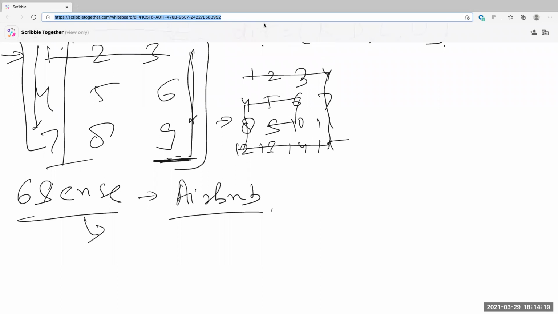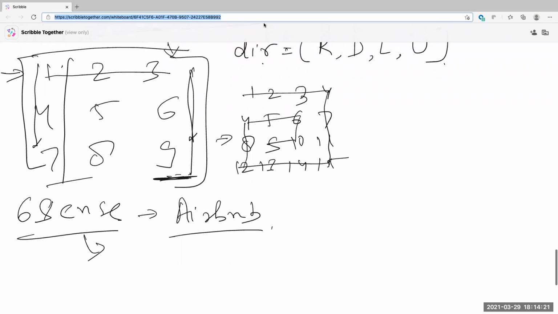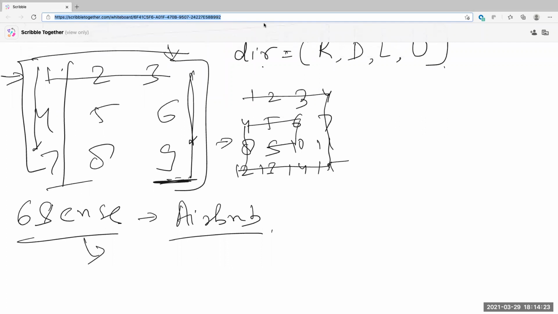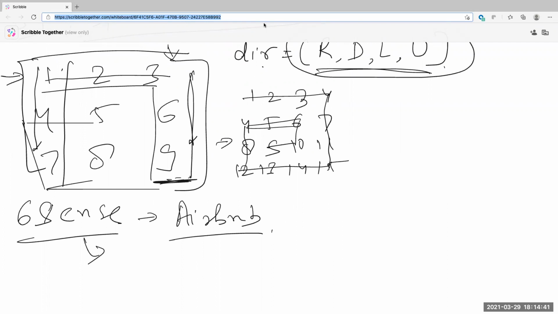I'm back. Let me remove the confusion. There are only 4 directions: right, down, left, or up, and it is always in this order. Once I am done with up, I go right, then down, then left, then up again. Same thing. The order is always the same. As soon as I finish going right, I go down. As soon as I finish going down, I go left. As soon as I finish going left, I go up.